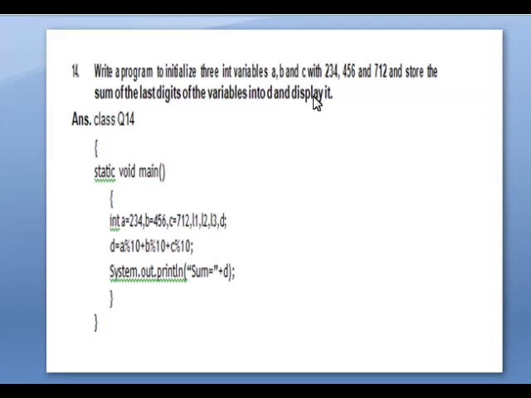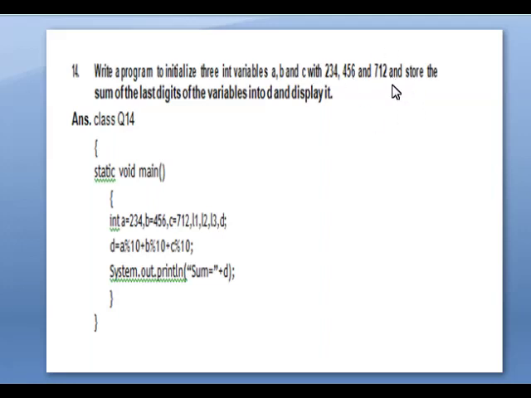इफ यू फाइंड द मॉडुलस, द फर्स्ट डिजिट mod 10, so we will get the remainder as 4. यहाँ पे modulus find किया तो we will get the remainder as 6. Here if you find the modulus we will get the remainder as 2. So 4 plus 6 plus 2 हो जाएगा 12. So answer आपका 12 मिलेगा.